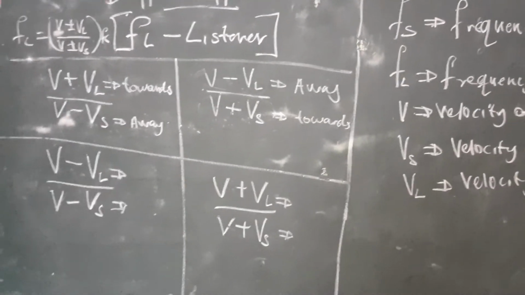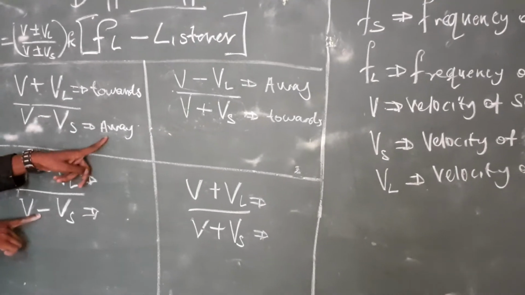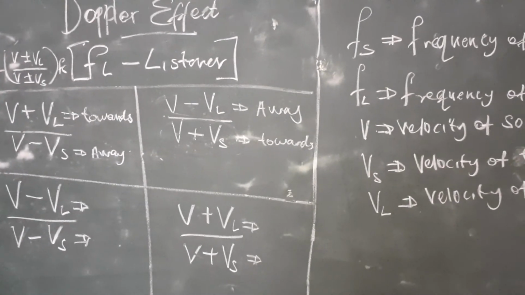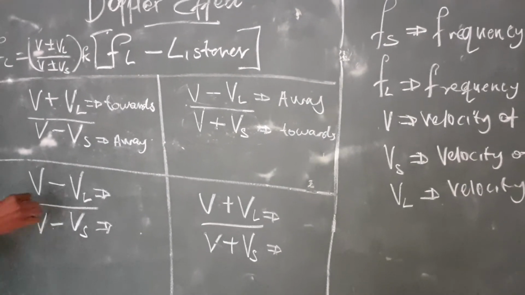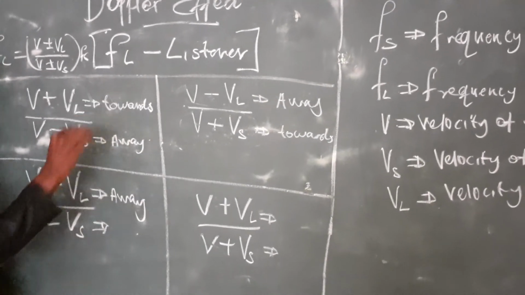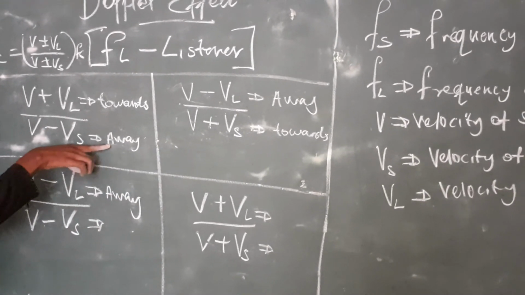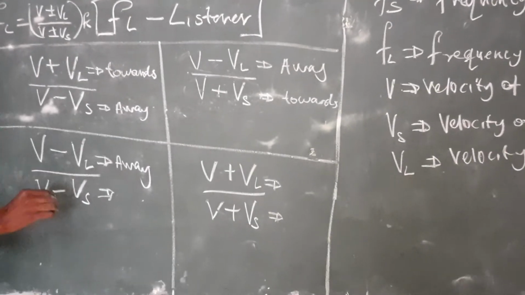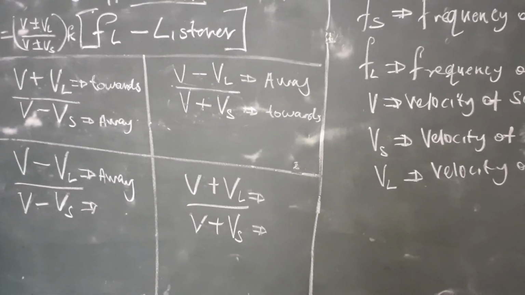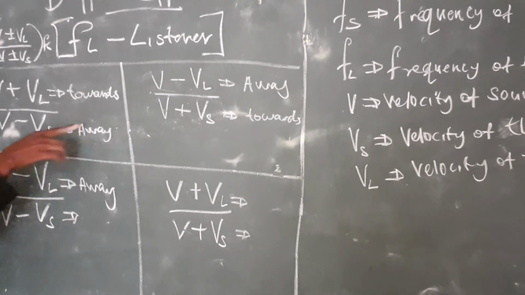Now let's come to this one. Because I have a negative and a negative, let's remember that we have a negative here and a negative here. It means that both of them are doing what? Moving away from each other. So now the listener is moving away from the source, and even the source, let's look at this. The source here, this number is also going to decrease, right? So if this number is going to decrease, and also the number here is going to decrease, let's look at